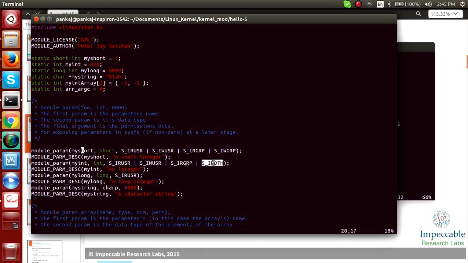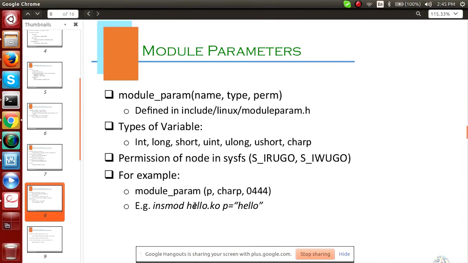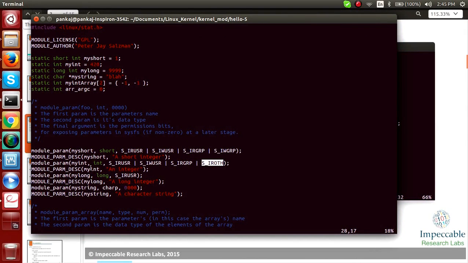If I compile this module, I can pass the parameter to it. Let's see the syntax for the same. You need to give something like this. Here we have char p, a character pointer, my string, which is initialized with blah.